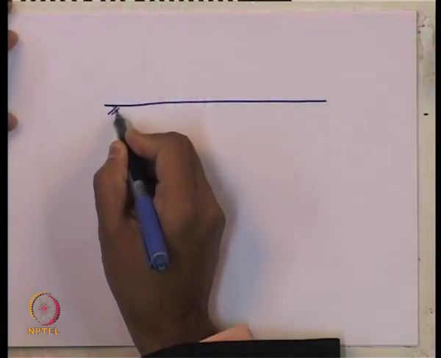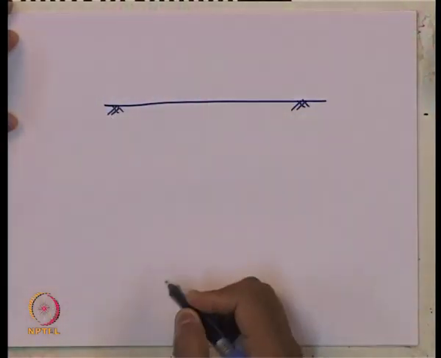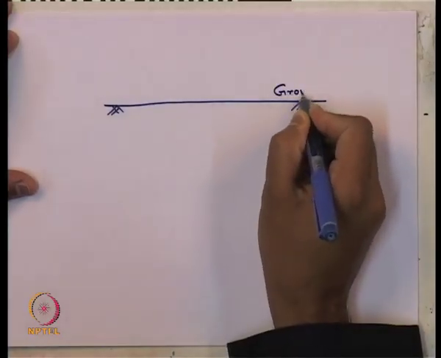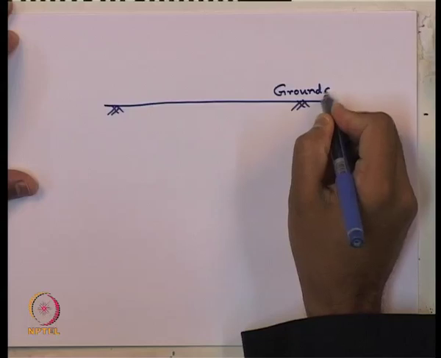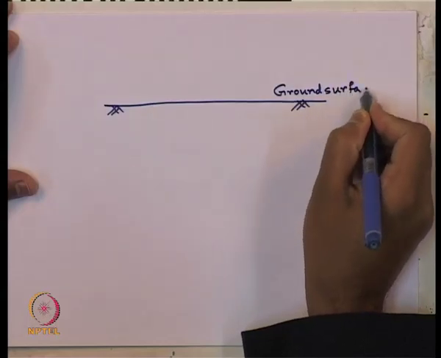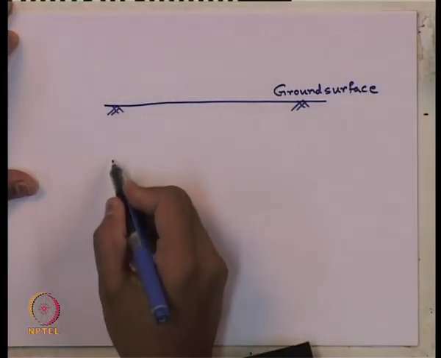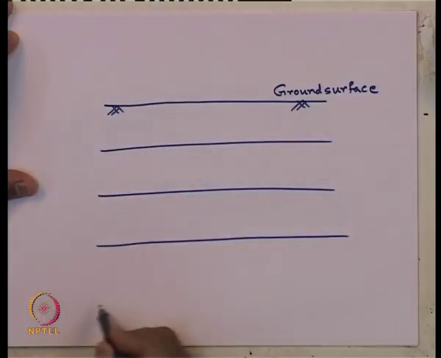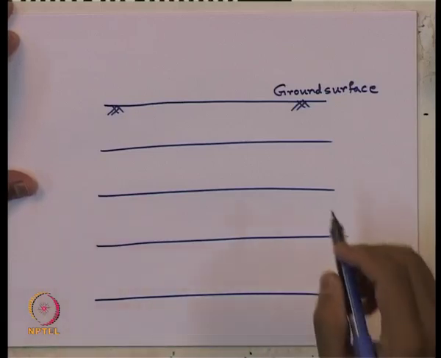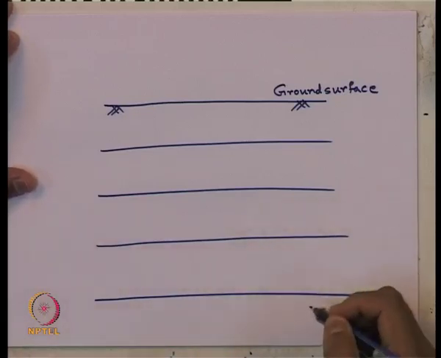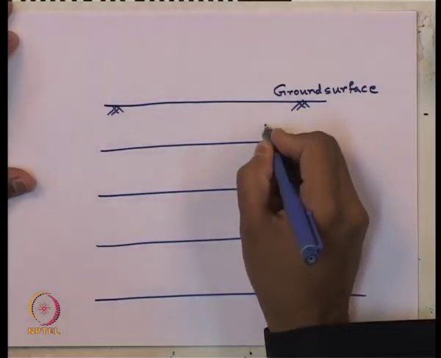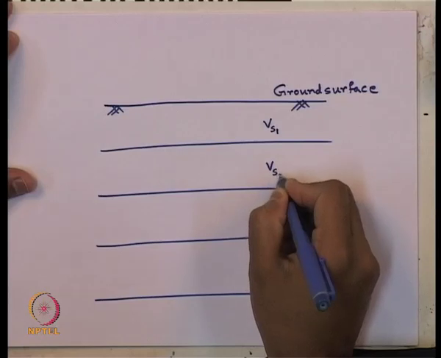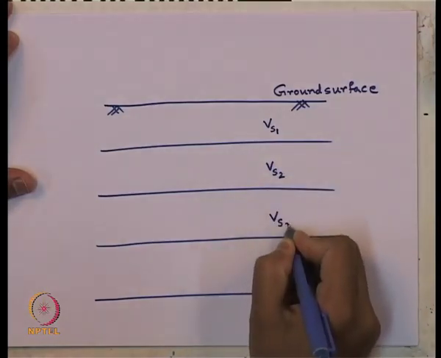Suppose we have an elastic half space, a semi-infinite body. We are considering the ground surface, and say we have several layers below it, which is quite typical and quite obvious. The shear wave velocity in this layer is Vs1, in this layer Vs2, in this layer Vs3,